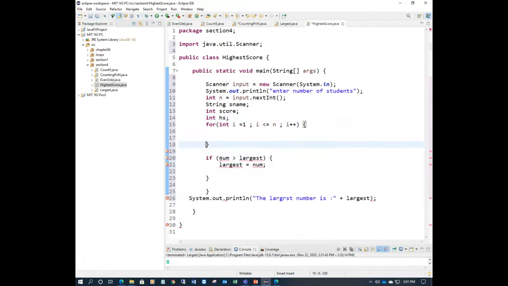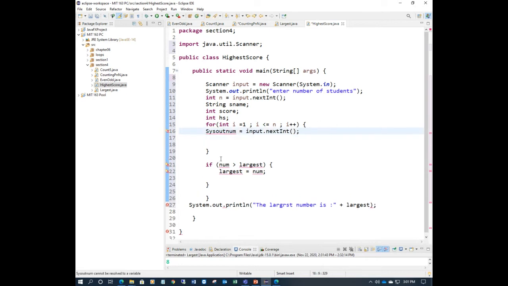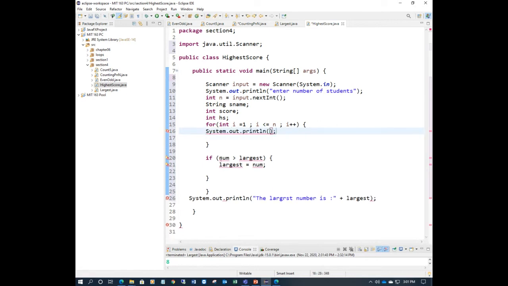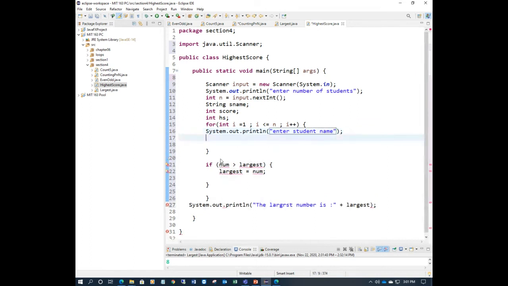Now here I can say sys out, we'll say here enter student name. We have to enter from 1 to n number of students, whatever the n number we have.